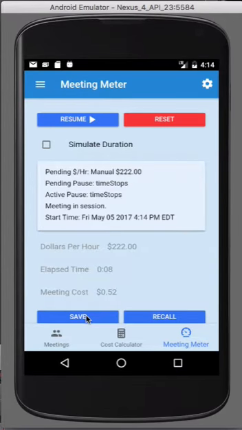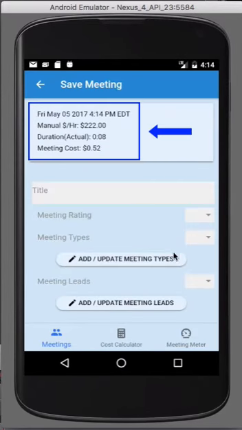To save a meeting, we click on the Save button. This will take us to the Save Meeting portion of the Meetings view. The meeting start time, the calculation method and cost, and the meeting duration and total meeting costs are passed to